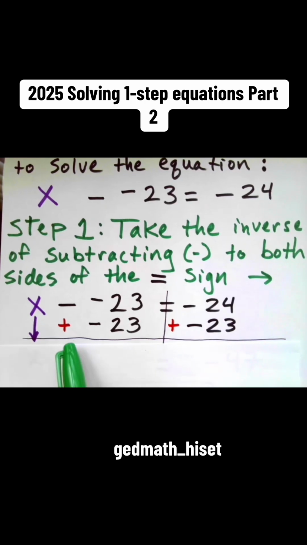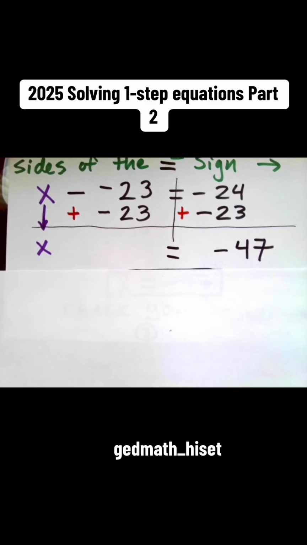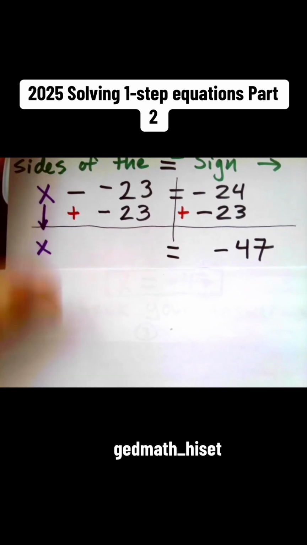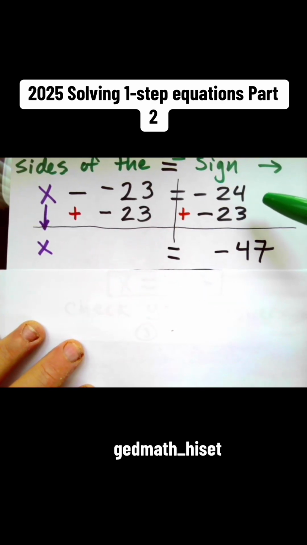Well, if I'm going to add a negative 23 to subtracting a negative 23, and this is a little bit advanced, we'll talk about distribution property, and a negative makes a positive. So positive 23 and a negative 23 cancel out to be 0. I want to be left with x is equal to, what is a negative 23 plus a negative 23? Again, you can